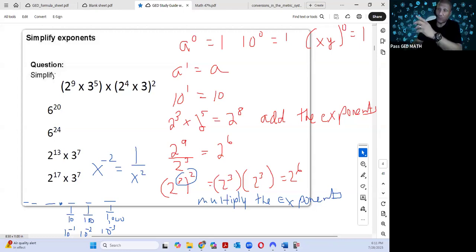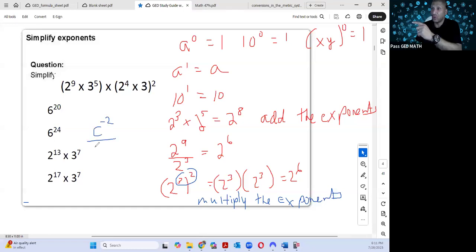Let me give you another example to make it clearer. I'm going to do a bottom and a top: c to the negative second over d to the negative third. Remember, negative exponent, change the orientation. If it's on the top, put it on the bottom and change the sign. If it's on the bottom, put it on the top and change the sign. So c to the negative second divided by d to the negative third is the same as d to the